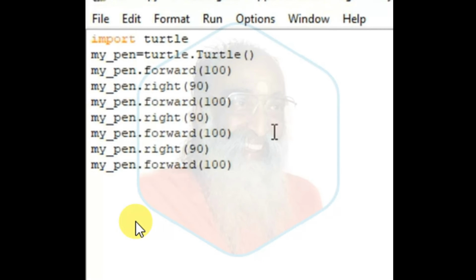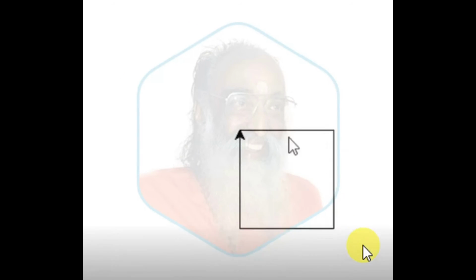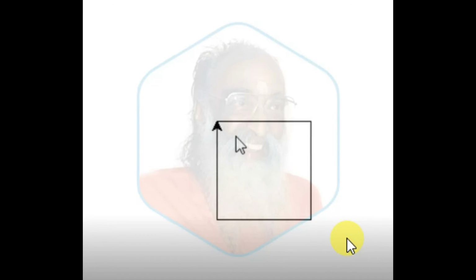Let us run the program and see the output. Here you can see the square box drawn with equal sides using a Python program.